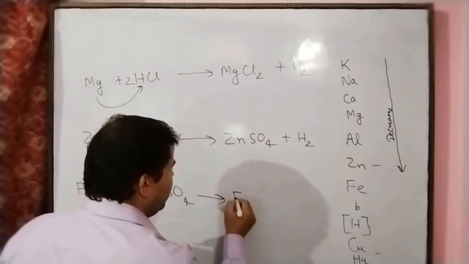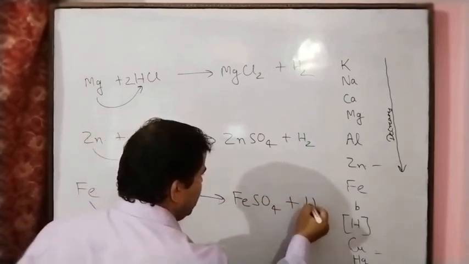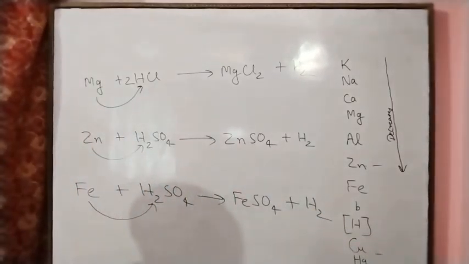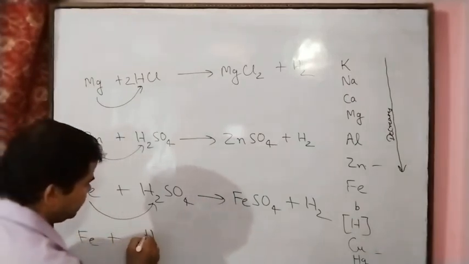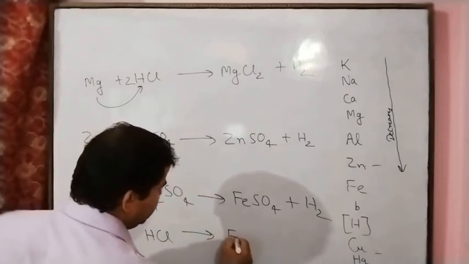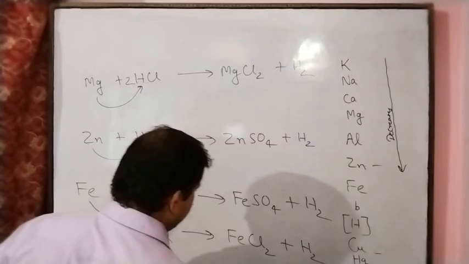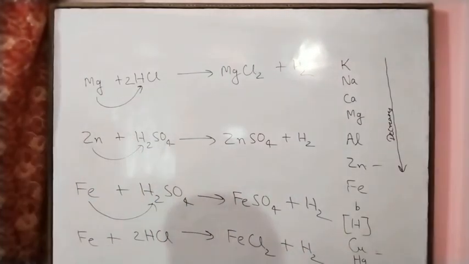So we get the compound FeSO4 plus H2. In the same manner, when iron reacts with HCl, we get FeCl2 plus H2. So overall